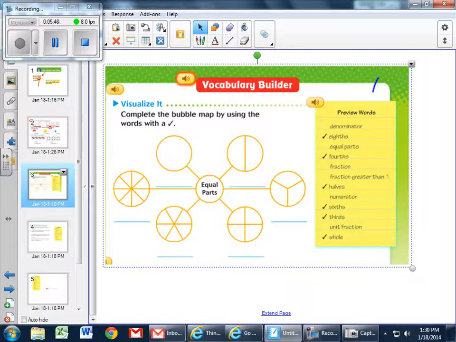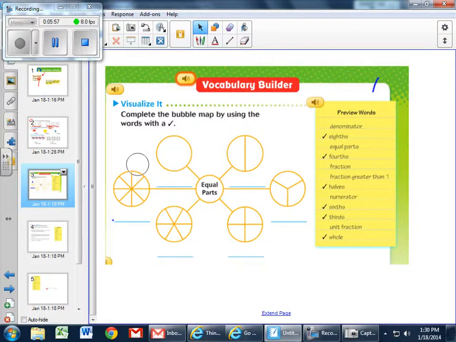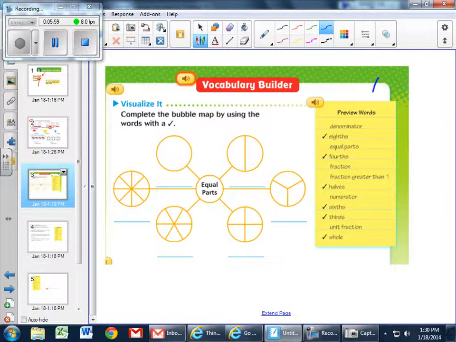Okay, for our first bubble, we're going to look at eighths. When you first look at this, it looks a little confusing, but this line here actually goes with this piece. The line is underneath the circle that we're looking at, so that was a little confusing to begin with. For fractions, the first thing you want to do is count the number in all that you have in each